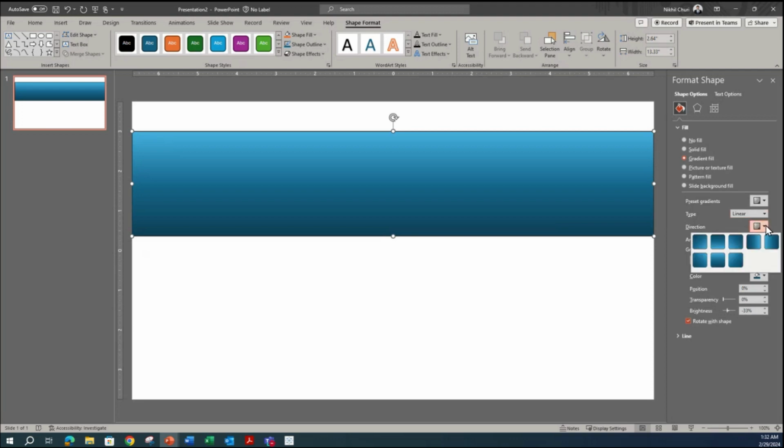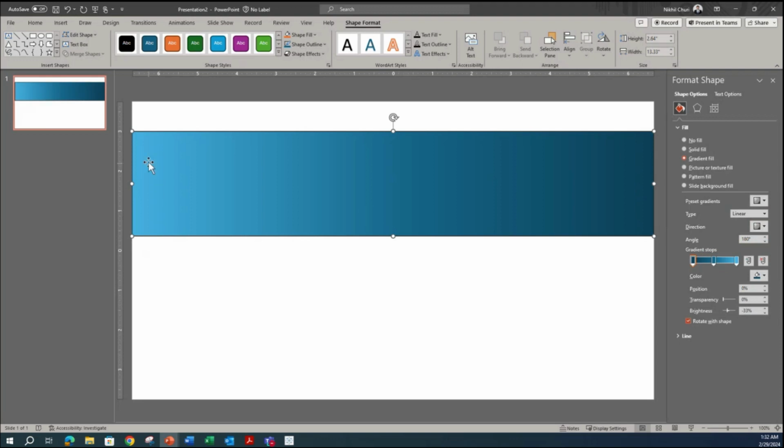Direction, I want you to go over here, and for me I think it's select the right direction, but for you I want you to select this last option or the fifth, 1 2 3 4 and 5, so that it's lighter on your left side and darker on your right side. And as it moves from left to right, it slowly changes the gradient. So that's the correct angle. I'm okay with this 180-degree. Color gradient stops, I think even this is good. Color wise,